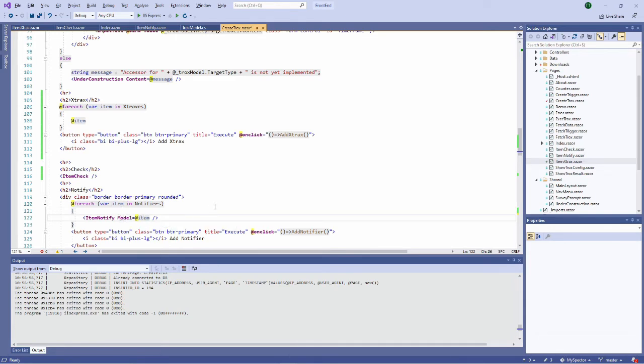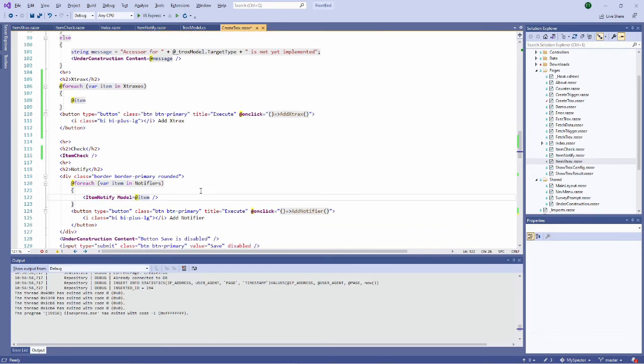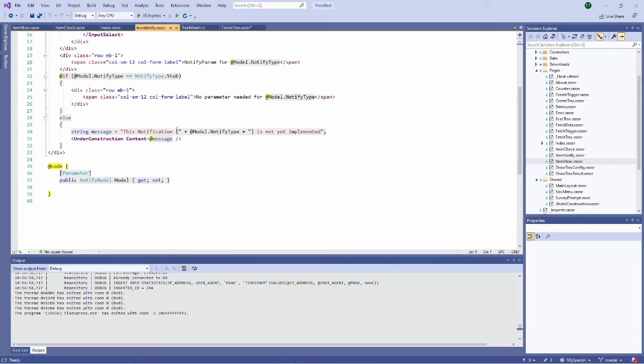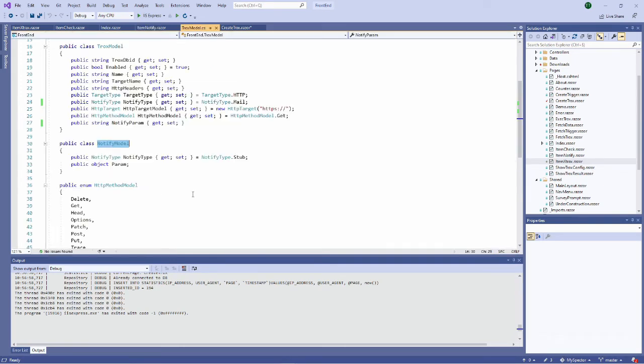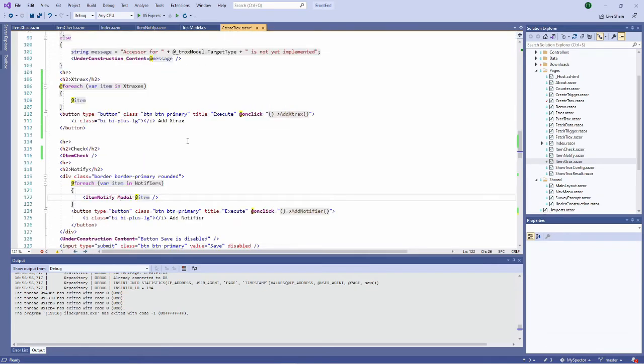If I look at the definition of this model, item notify, I have created a specific notify model class with a property called model, where I have my properties, which are the input of the component, the parameters of my component. So let's do this the same way.